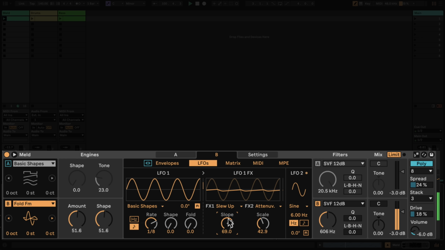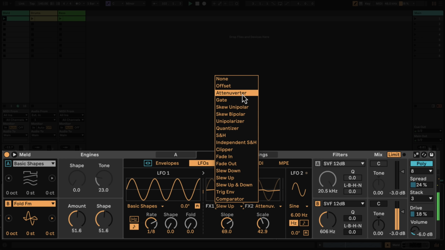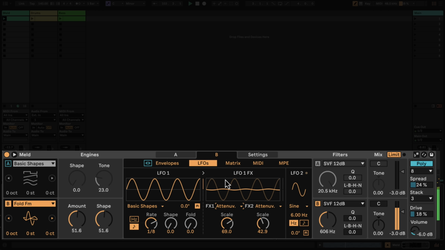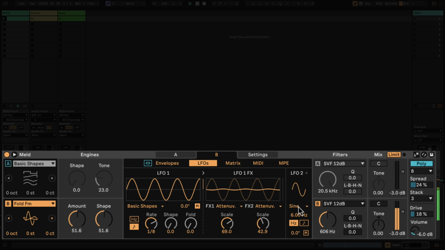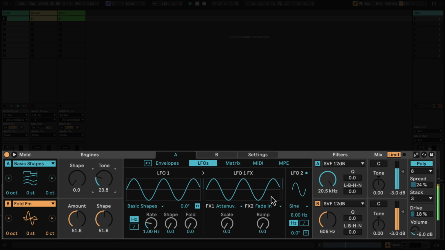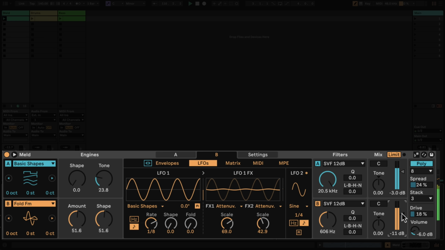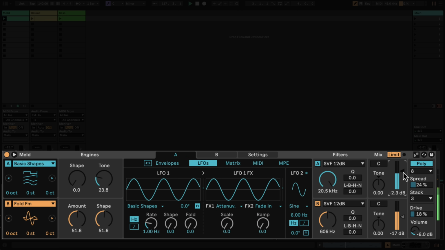The possibilities for modulating these LFOs are truly endless. If I wanted a more basic sound though, I can go ahead and unmap it from LFO1 effects and simply try LFO2, which you can see over here on the right. Here we have much more basic controls for simple modulation. Let's go ahead and hear that with oscillator A. Let's tweak some of these parameters to dial in the sound.